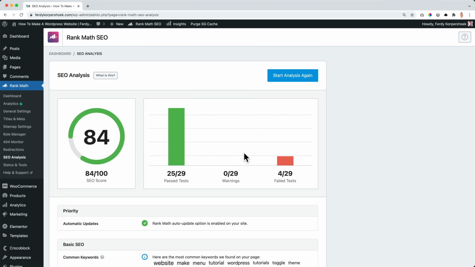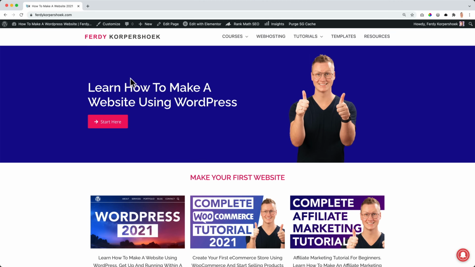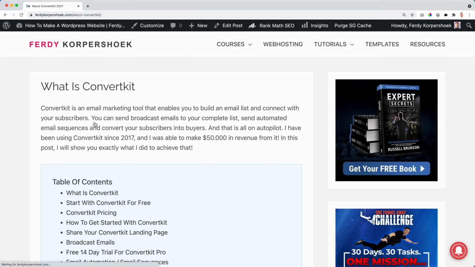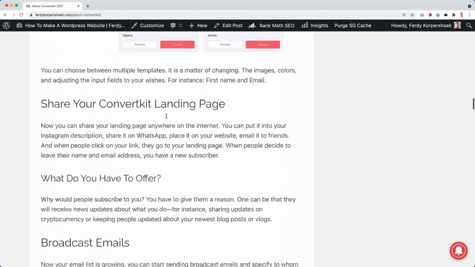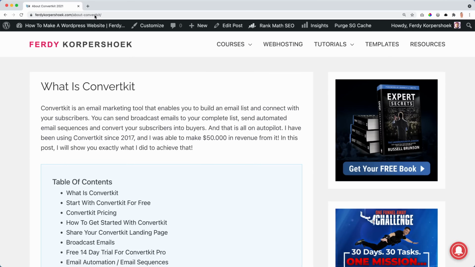And that brings me to the following. If we want to optimize our website, we need to optimize our posts and pages and product pages. So I go to the home page, and in order to optimize a blog post, for instance, I go over here to ConvertKit. This beautiful thumbnail, of course, I can do better, but I don't want to impress you too much with this tutorial. It's already so good. No, just kidding. So this is a review about ConvertKit. And what do I say in the title? You don't see the title, but the title says about ConvertKit.